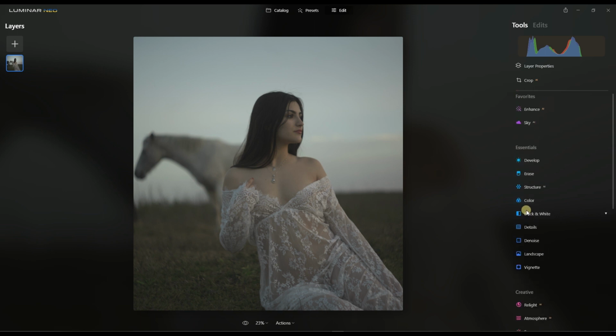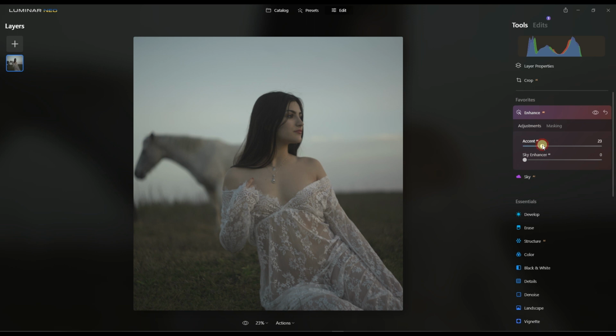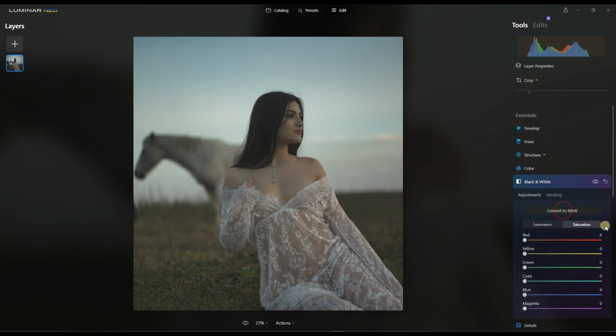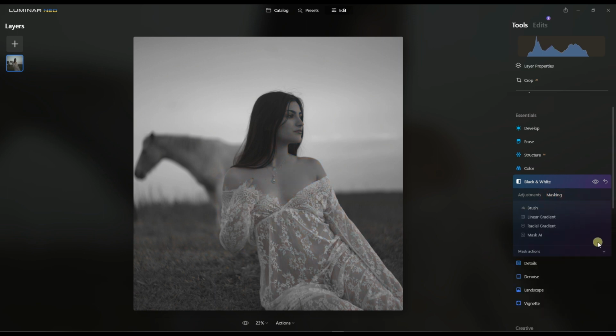In order to do that, the first thing I'm going to do is go to Enhance and make the whole scene a little bit punchy, make the sky a little bit punchy, so that's already a good start. Followed by that, I'm going to do a black and white conversion. That being said, because the subject is in the red zone, our skin tone generally stays between pink to red, even a little bit yellow, but mostly on the red side. So I'm going to put the slider up as much as I can, and if you want more precision, you can go back and then make the